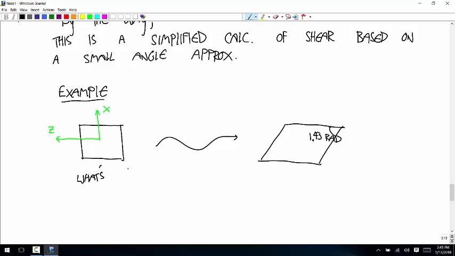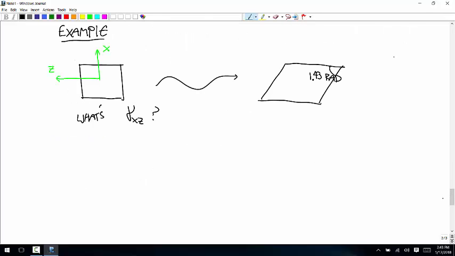We want to calculate the shear strain XZ. Well, we know that one angle is 1.43. By the way, that's way, way too big to be a physically meaningful strain. Pi over 2 is like 1.57, so that's way bigger than 1 times 10 to the minus 4. But